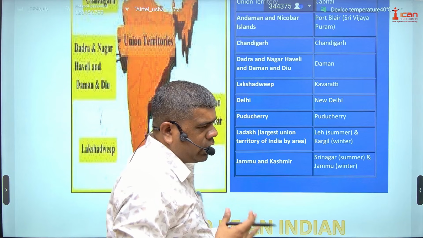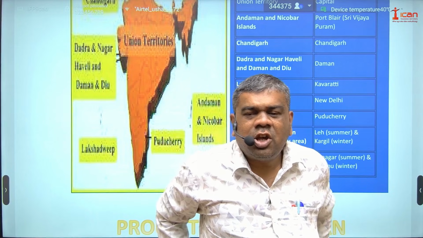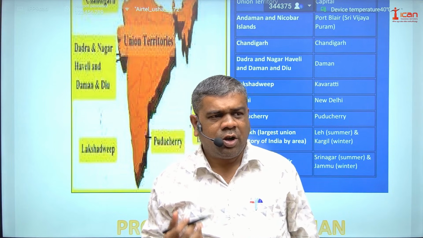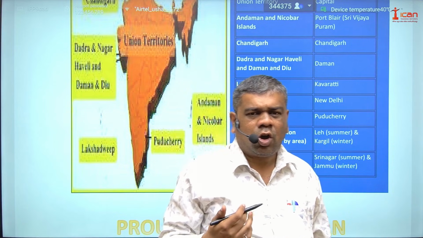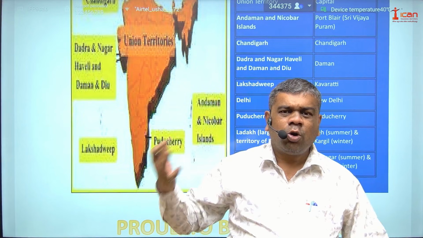So we saw how India is differentiated politically, how it is organized in terms of geography. We saw a very broad outline. We did not go into the specifics. Of course, as we go forward, we will go into the specifics as well. So, as a broad outline, we saw how India is organized, what the states are,